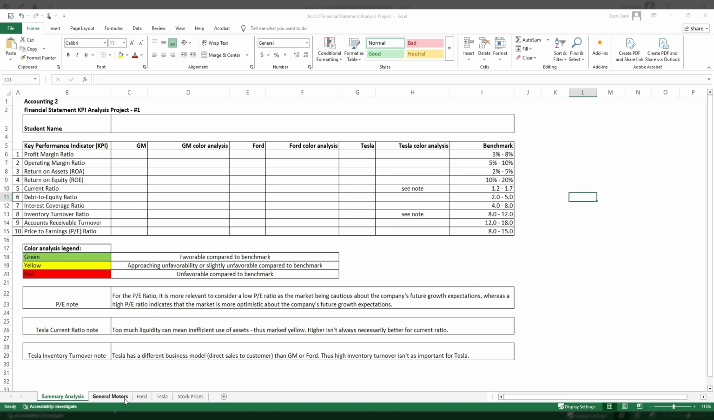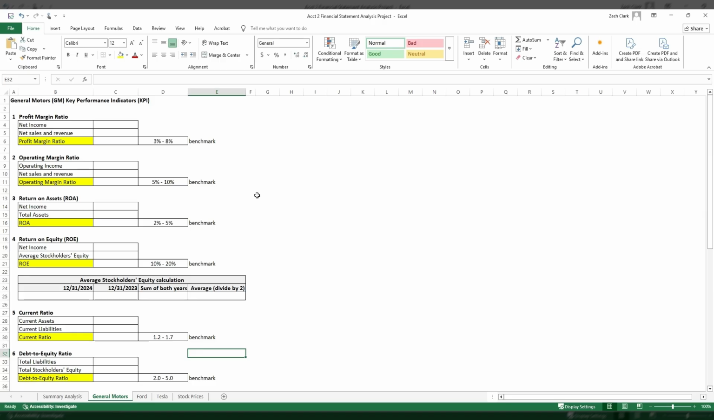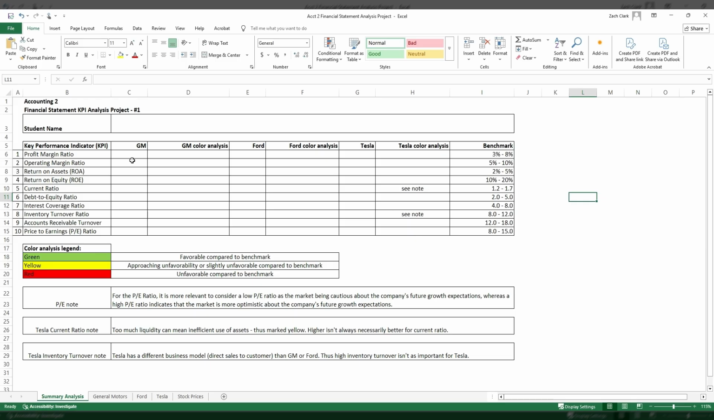We're going to start by completing the analysis of each individual company first, and then we'll pull that information into our summary analysis tab here. And after pulling in the actual key performance indicator results for each company, we're going to assign a specific color to that key performance indicator for the given company. That way it'll give us a quick and easy